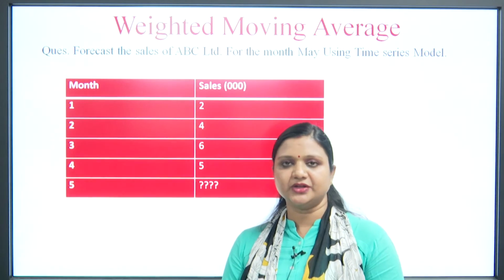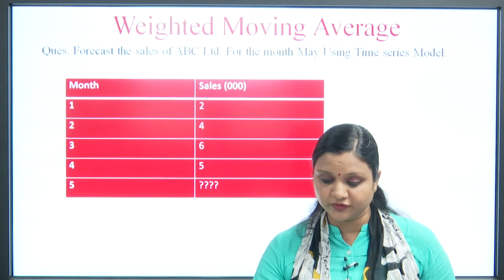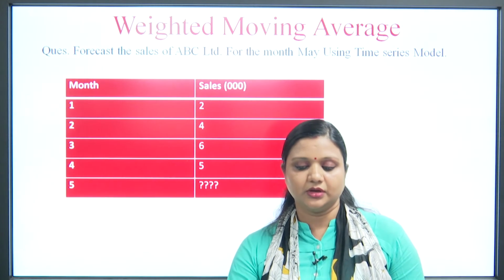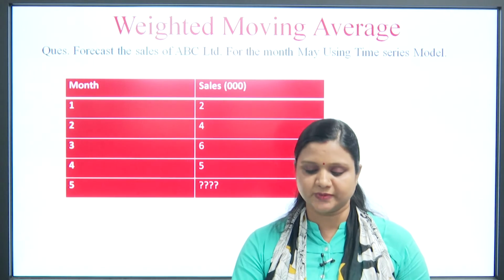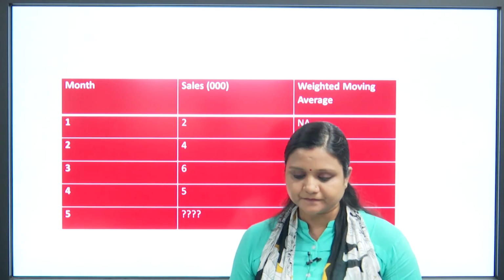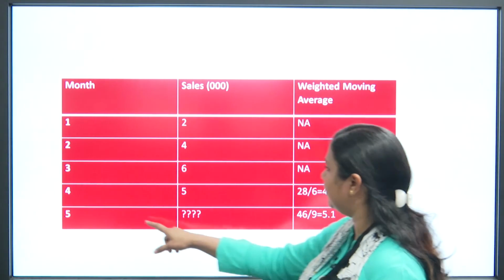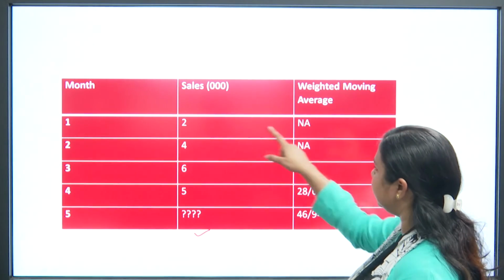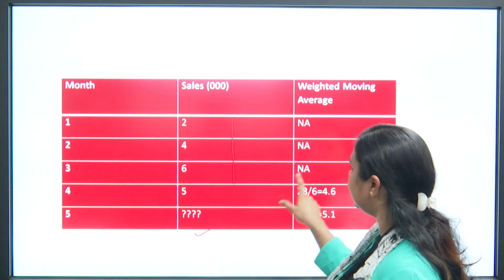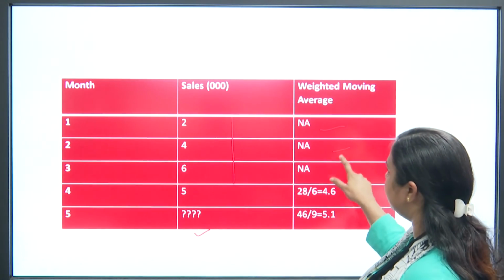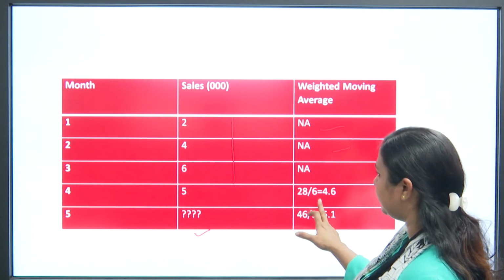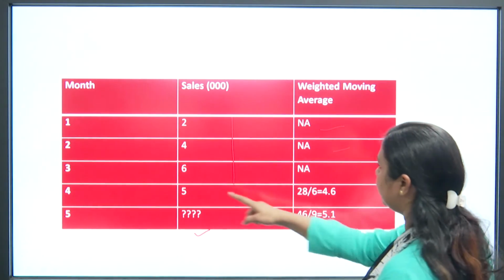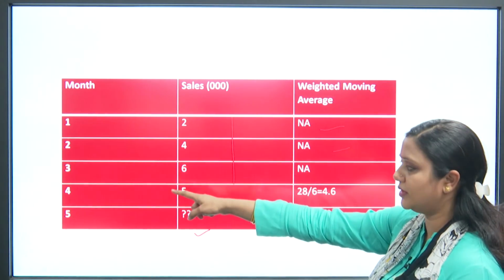Now, the next is weighted moving average. For this purpose, basically, the formula for forecasting the sale by using this particular method is: whatever month, like we have to calculate the 5th month, means the month of May. So, basically we will take 3 figures. In these 2 months that is not applicable, because we have to take 3 numbers. So, if we are going to calculate the forecast for the month of April,